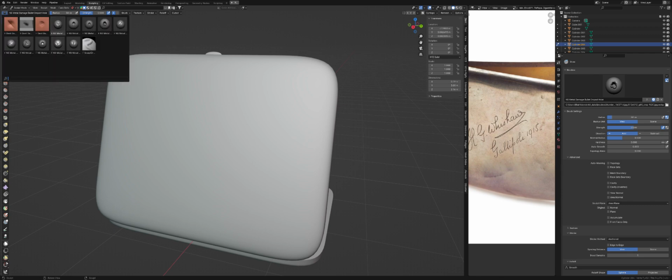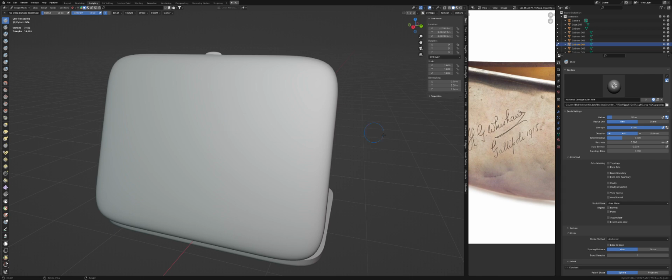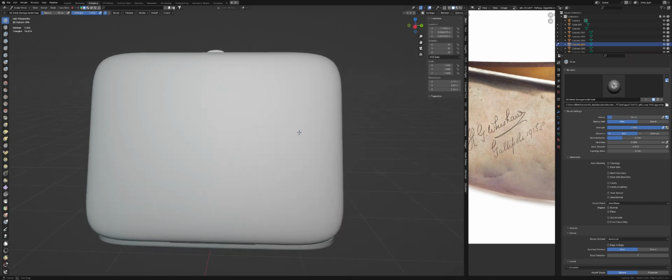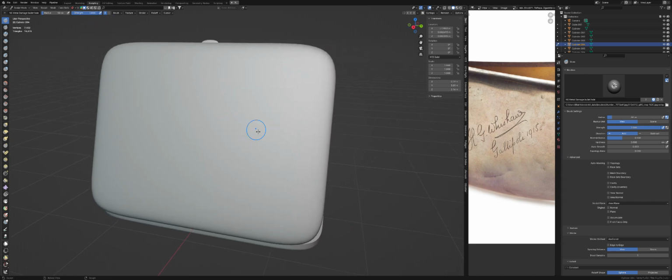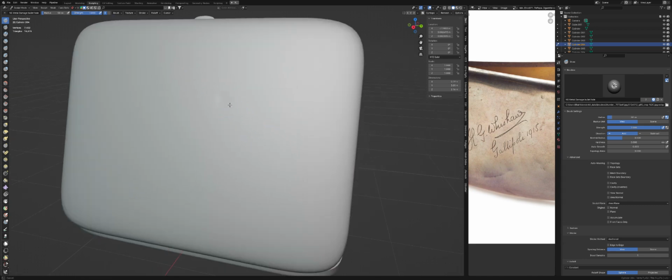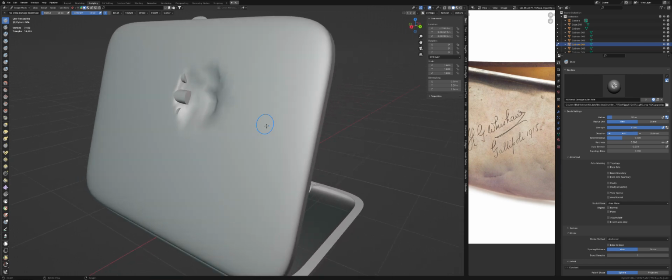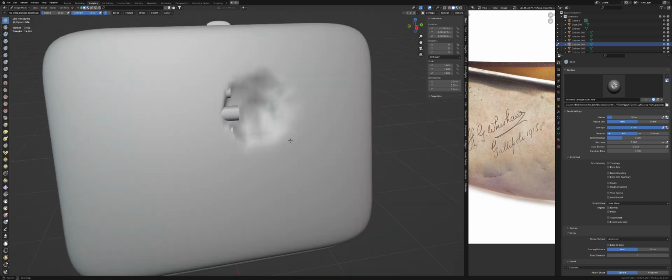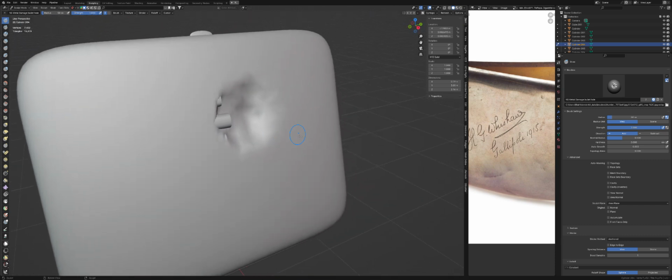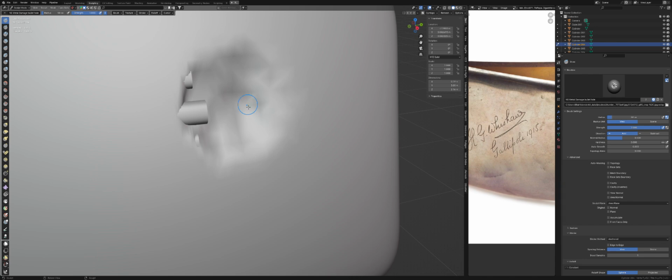So let's just start with this one. It's a bit of an indentation kind of thing, which looks like kind of what I want. So you've got to be careful about the strength of the brush. So if I just drag this out now, see the cigarettes are popping through, so I'm going to do it up here a little bit more so it doesn't mess around with the cigarettes. So you've got to have the resolution of the mesh high enough so that it doesn't start doing this. Here's all the squares,